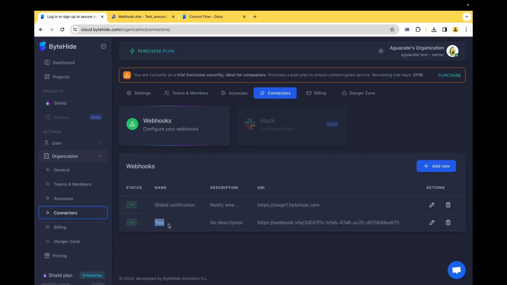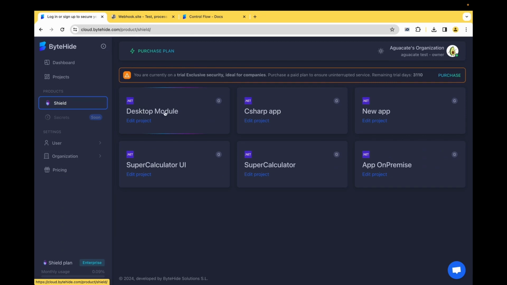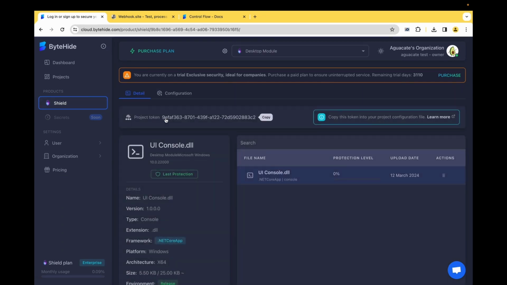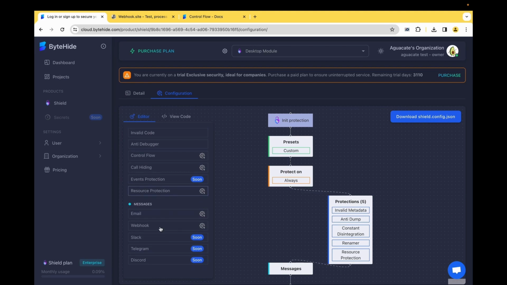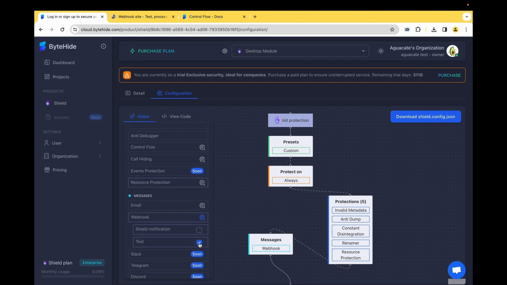Once we have generated the test webhook, we can return to Shield in our project and, utilizing the configurator, we have the ability to select the webhook from the list of available options. In this scenario, we will click on the webhook option to enable it within the messages and proceed to set up the webhook that we have previously created. Furthermore, not only do I want the webhook, but I also want the email to be sent, as we mentioned